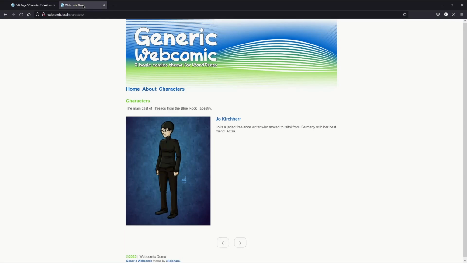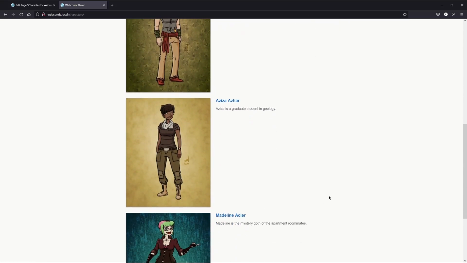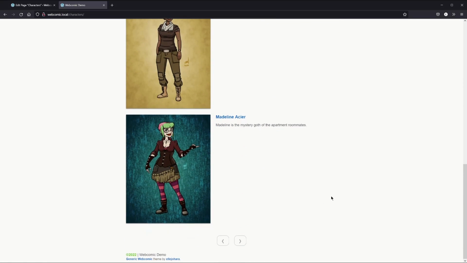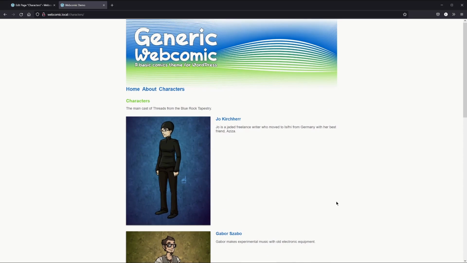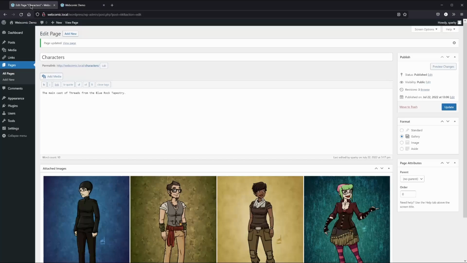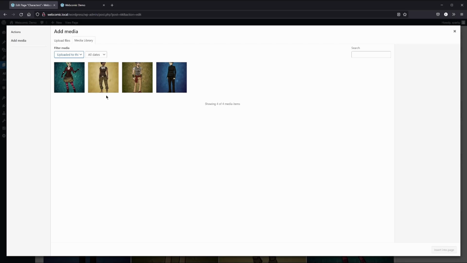Let's have a look. Very nice. But suppose you want to display them in a different order, like alphabetically or something. Well, go back to Add Media. Up here where it says All Media Items, change that to Uploaded to this post.